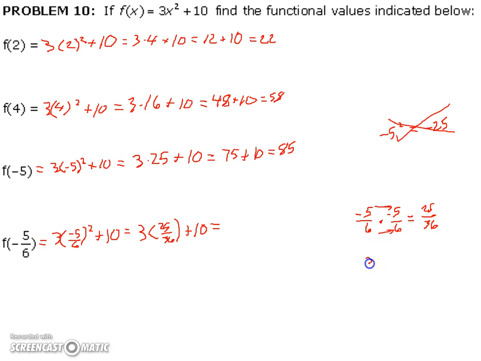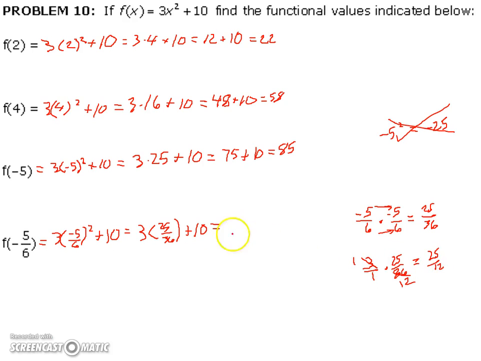Okay, I know for some people it's easier for them to see it as a fraction times a fraction. And one benefit of seeing it as a fraction times a fraction is you might see that you can actually reduce this before you multiply. Because 3 and 36 can reduce. And when you multiply two fractions together, if you can reduce either numerator with either denominator, you're allowed to go ahead and do that before you multiply. So again, that makes the math a little easier. Now it's just 1 times 25 and 1 times 12, because we're multiplying straight across,